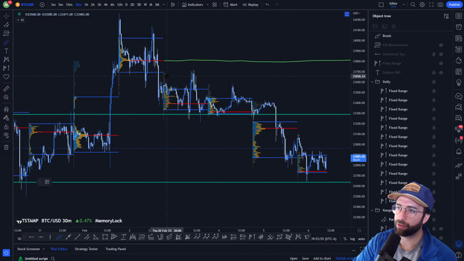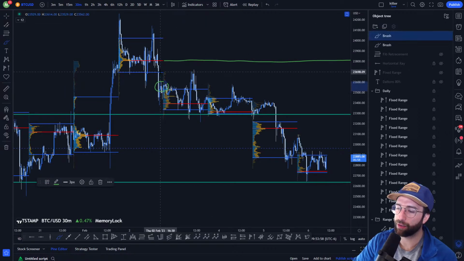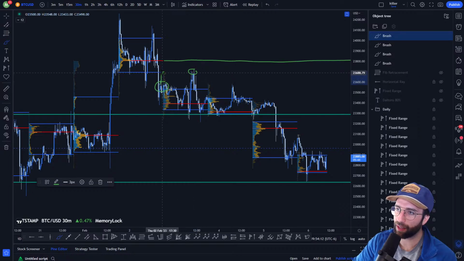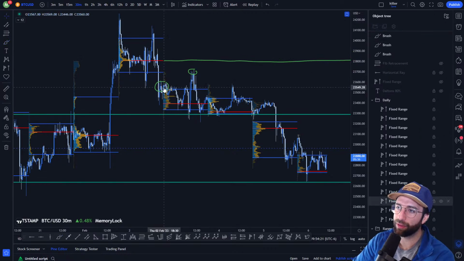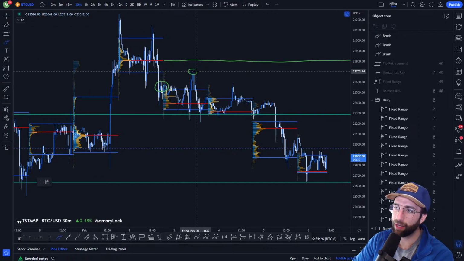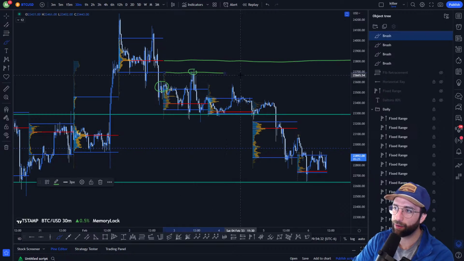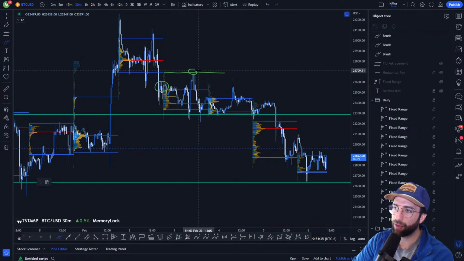Like this was great, right? So we had the daily close outside of this value area. We came back and backtested it as resistance, and here this is actually the setup, because we didn't test it on the first 30-minute candle. If we had done that, then we would say this is Dalton's 80% rule, we can expect it out. But we didn't do that. So in this case, because we closed down here and we didn't backtest it within the first 2 30-minute candles of the day, instead we came up here and pumped to it, I should say, to the value area low here, we would say it's probably more likely that it acts as resistance,